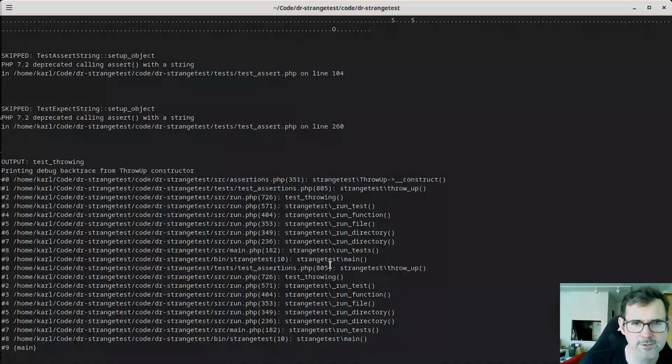So I wonder why I thought it was important that... so we've got main, run test, run directory, run file, run function, run test, test throwing, then